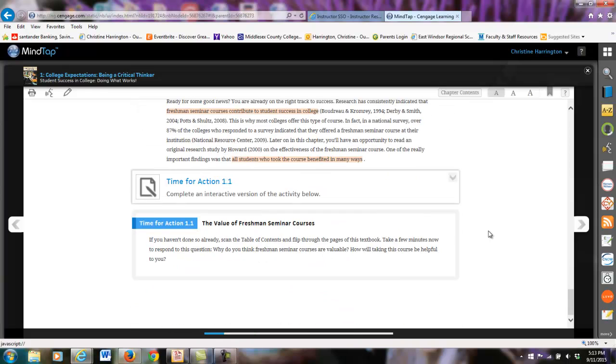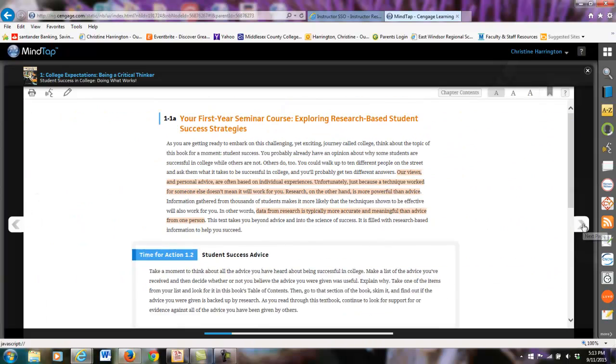Now, there are time for actions that are built into the textbook, which are activities that are a good idea for you to do as you're going along. They're built right into the body of the text so that you can pause, digest some of the information, and apply it in some way. Some of these are going to be counted towards your grade, and others you can do just to support your learning. So this one in particular for my class is not required, but you'll see as we